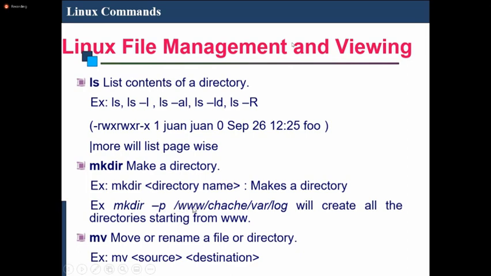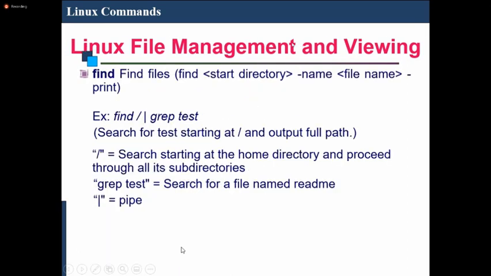Like for example, it will create ww in the current folder, and then it will create this folder inside this ww folder. Then it will create the var folder inside this folder, then the log inside the var folder. If you don't give this, you have to manually create one folder, then cd to that folder, then again create the next folder, and so on, right? You have to create these folders one by one if you are not using this minus p. Then the move or the rename,